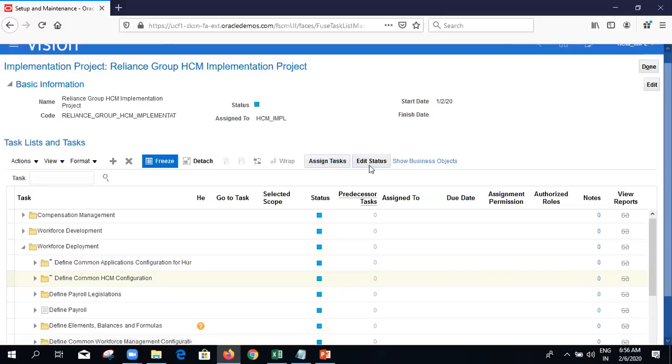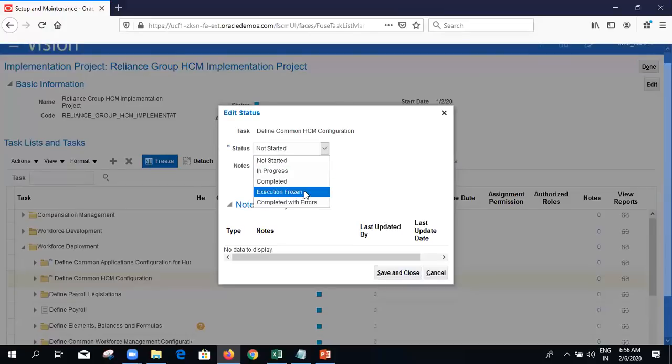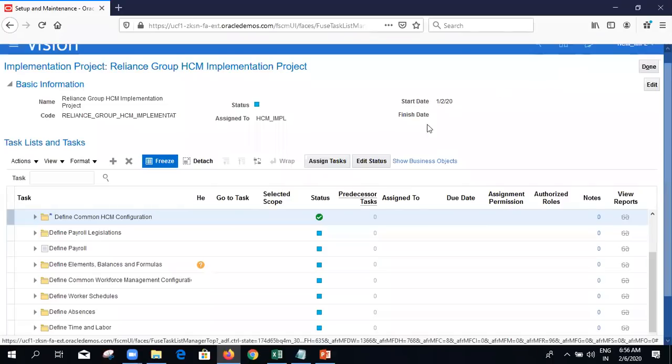Not required. And even this edit status also. If I completed this offering, what I have to do is edit status, keep it as completed, and save and close. See, its status became completed. Everything has to be done manually. The system will not consider it.